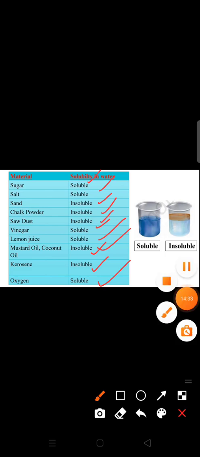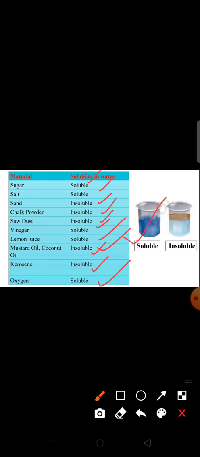So the soluble materials completely dissolve in water like this, okay. For example, if we try to mix lemon juice in water, it will completely mix in water, whereas the insoluble material does not dissolve in water and forms a separate layer on the surface of water, like oil.